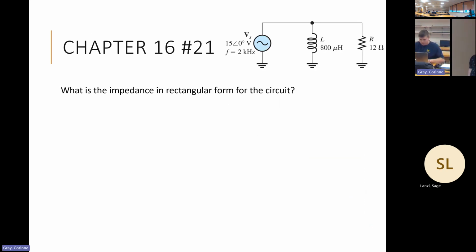Let's look at problem 21 and think about how we can find the impedance in rectangular form for this circuit here. Before you solve, just knowing what we're eventually going to do, we are looking for Z in its rectangular form. So we're going to have some real plus some imaginary component for it. In order to do this, we are going to follow similar steps to what we did with the